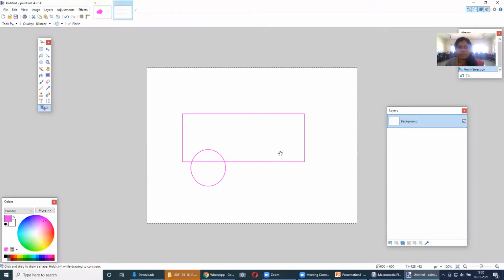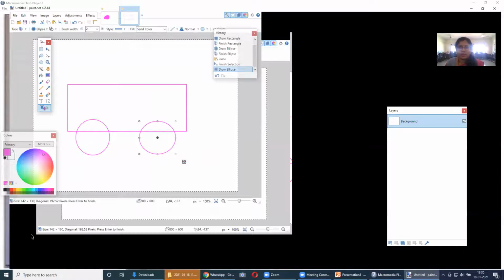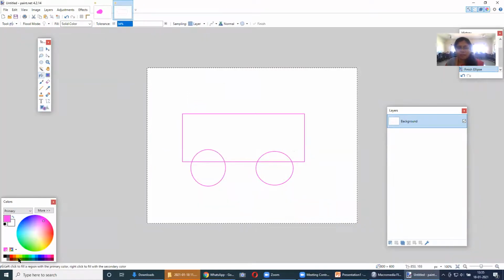Anyways, again, one more circle I wanted. So I'll make one more circle over here. I'm just trying to make some cart. Okay. Now I'm going to take this bucket fill color, and of my own choice, I'll just take a gray and put it over here.